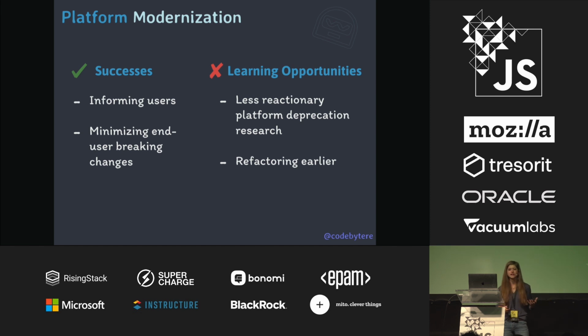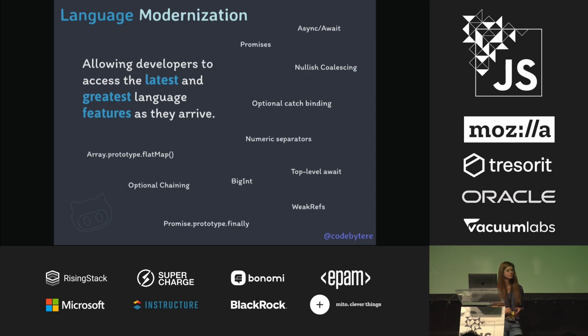We determined these breaking changes in practice because one of the core team was doing some testing on macOS Catalina, but this change was ultimately more reactionary than I think we wanted it to be. It's important to strategize research around upcoming platform changes in advance, so that you don't end up scrambling to minimize end-user changes in the same way that we did. Had we done that, we could have avoided users experiencing any breaking changes in more than one supported version of Electron. Next up is language modernization.